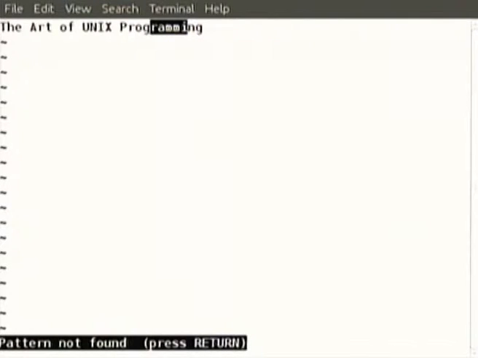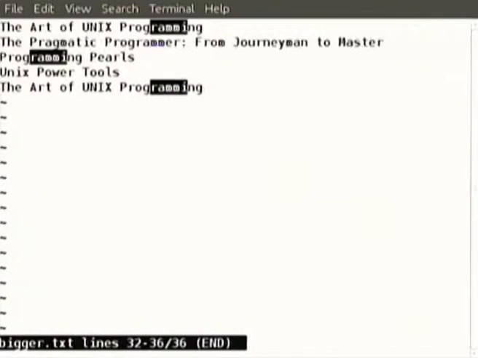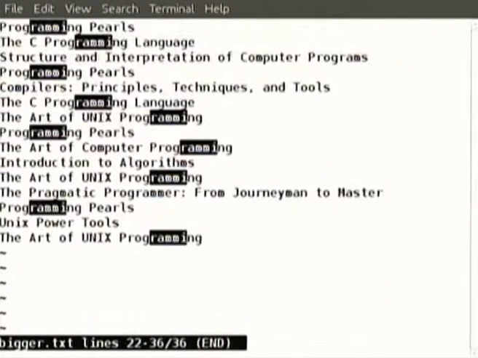Further it says pattern not found, if you press N again. If you want to go to the previous pattern, capital N is what takes you to the previous pattern,